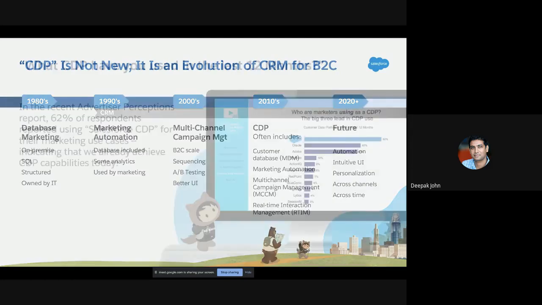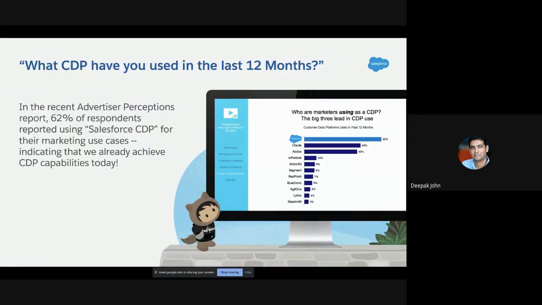Now, we've been speaking with customers for many years about what it is and how it's all going to pan out. And the proof of this is one of these little charts that you see here. This was a survey by the Advertiser Perception Study a while back, in which about 60% of the respondents said Salesforce is their CDP platform. Now, why this is interesting is that when this survey was asked, Salesforce did not have a CDP.